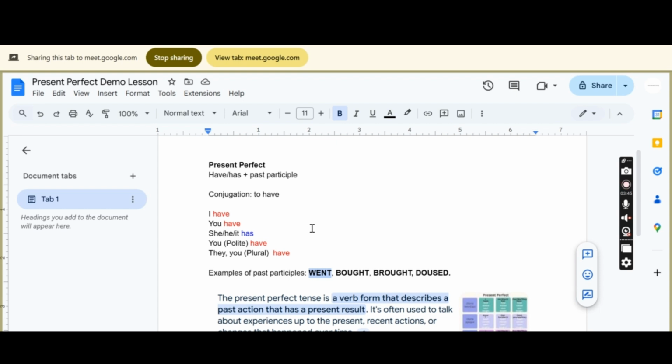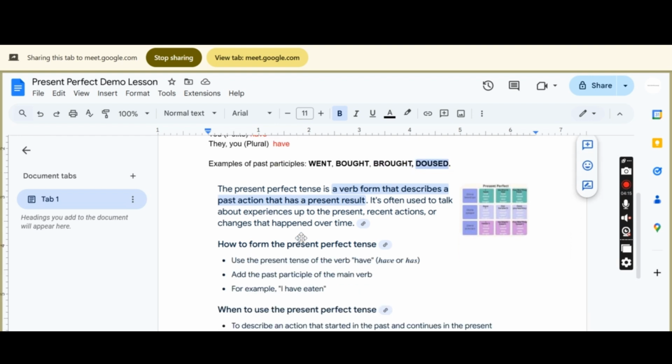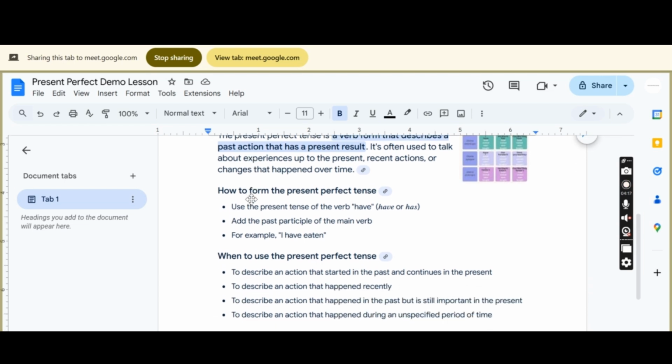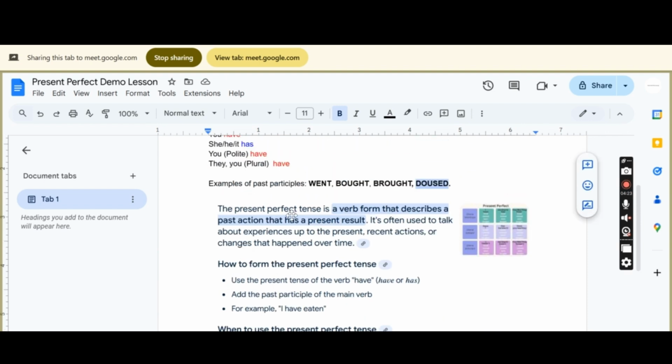We have around 30 seconds left, guys. So I have went, you have went, she has went. Because in order to have that subject verb agreement, we need to say she has went. You have went, they have went. It's the same series for these other verbs, guys. So I would say I have bought, I have brought, I have doused. Okay? So with the time effort here, guys, we have to go into the other section of this lesson, where,